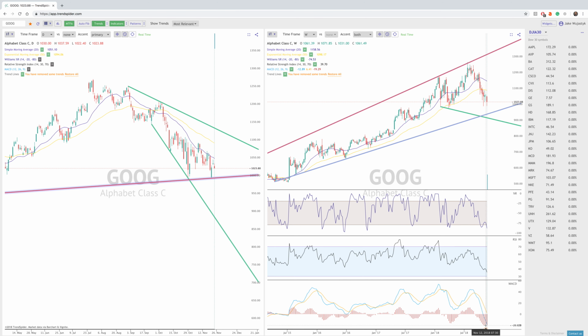And the histogram in this case is kind of starting to bottom here. We'll just have to see if this is possibly a reversal coming, or we could easily test the areas below shown by these support areas. We'll just have to see what happens, but based on the current market sentiment and the environment, it does look like we may have more downside left in this market.